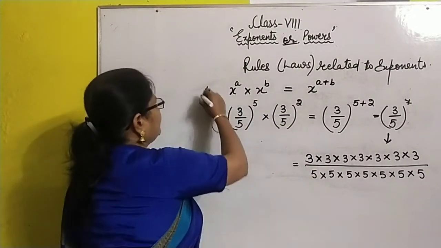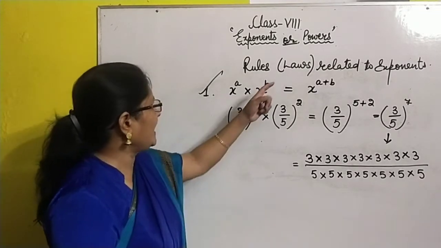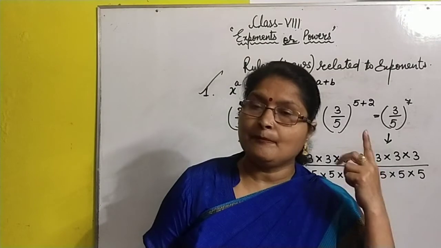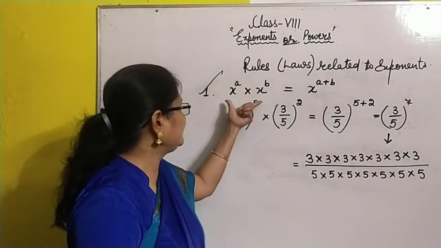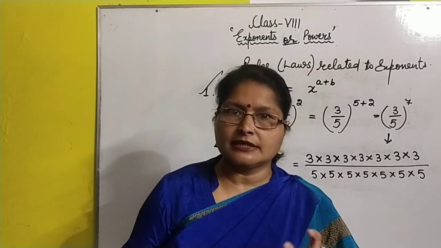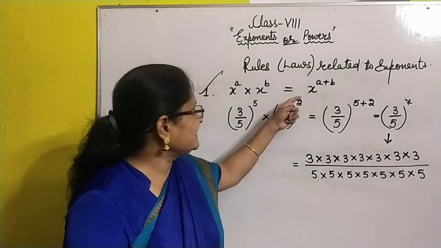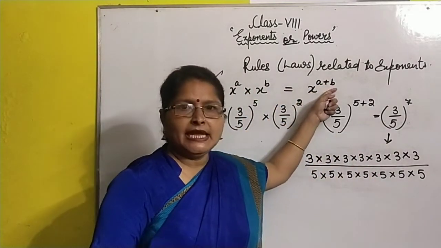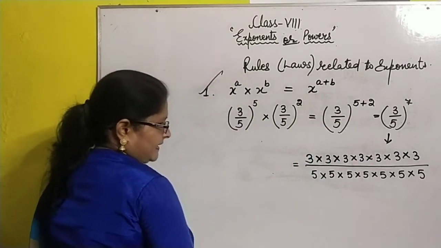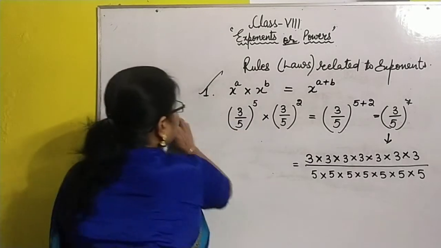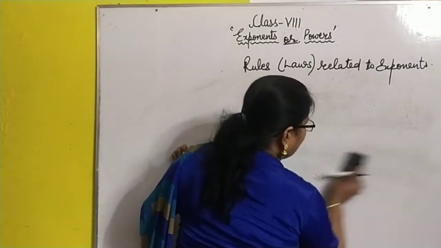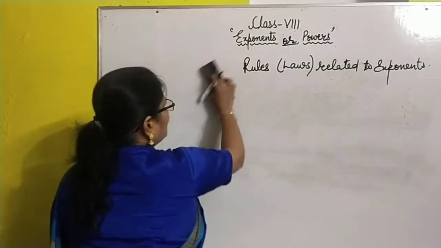This is the first rule of the exponent that I am revising: when bases are same and powers are different and the bases are multiplying to each other, then in the next step the powers will be added. Okay, the second rule, or you can say the second law, says that if the bases are the same and the powers are divided by each other,